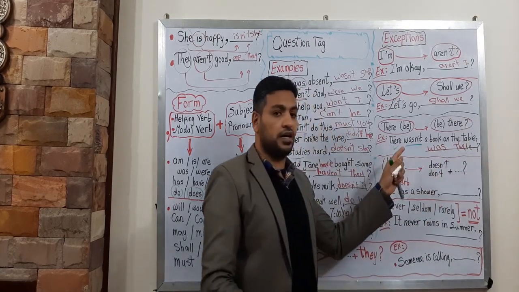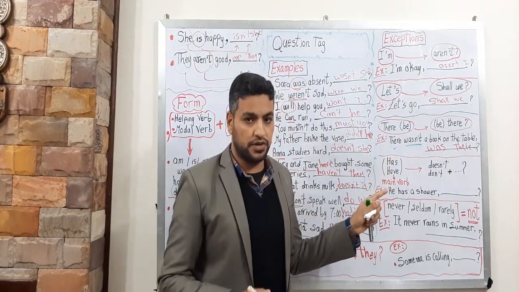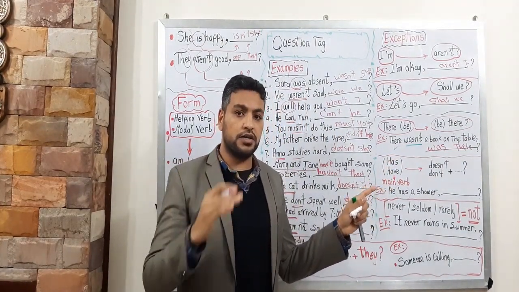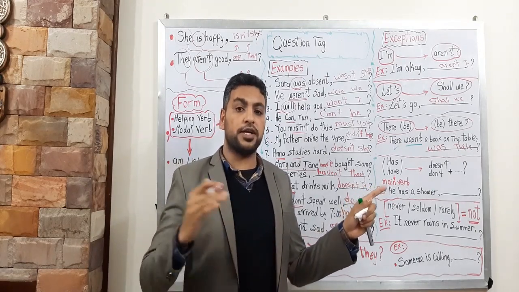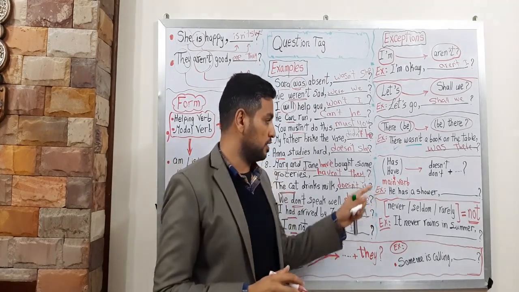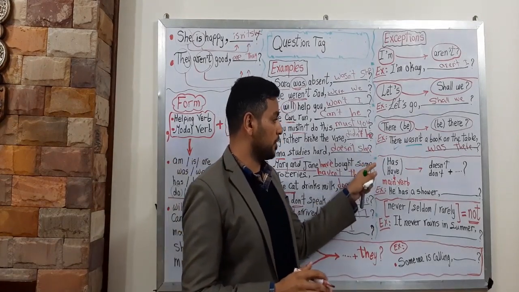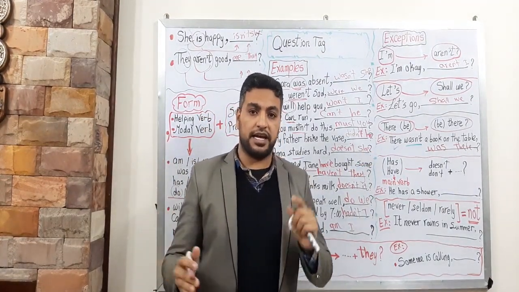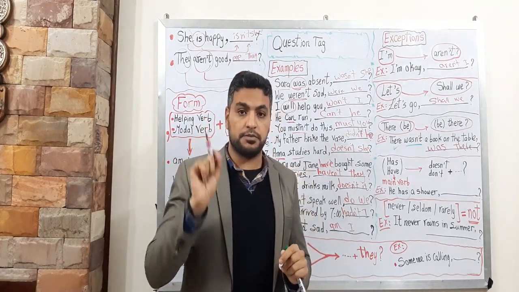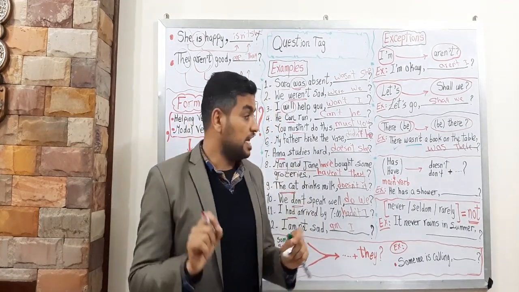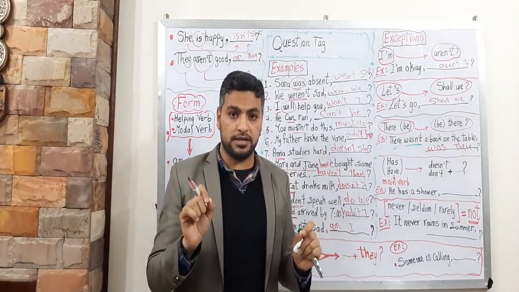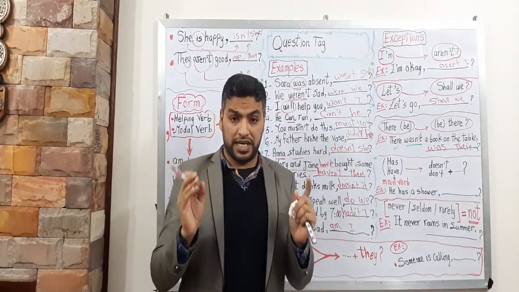So there were some books, weren't there. There are some students, aren't there. There aren't, are there, and so on. So let's move to the 4th one. We have has or have. So has, it will be hasn't, and have, haven't. But this is in the present perfect. But concentrate here. If has or have are the main verb of the sentence, so we can understand